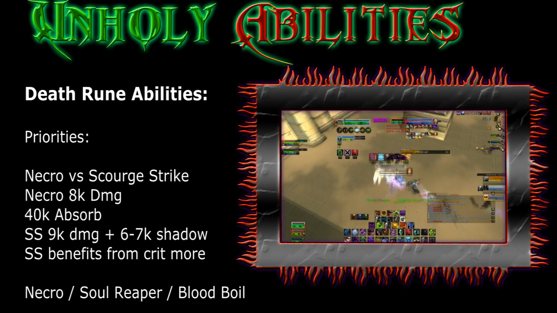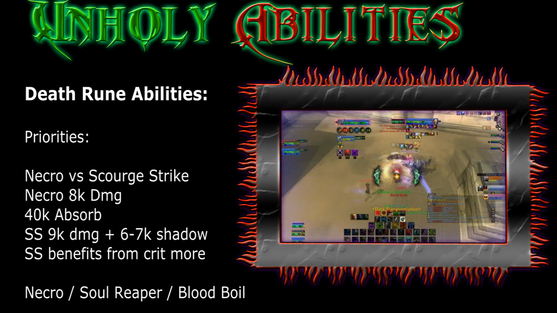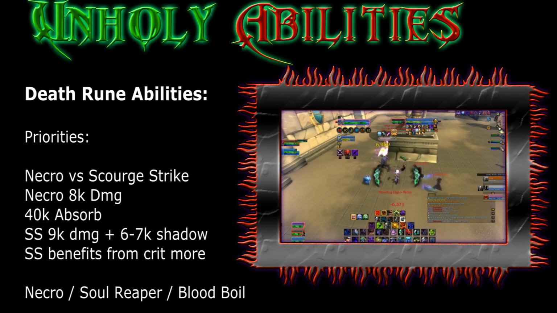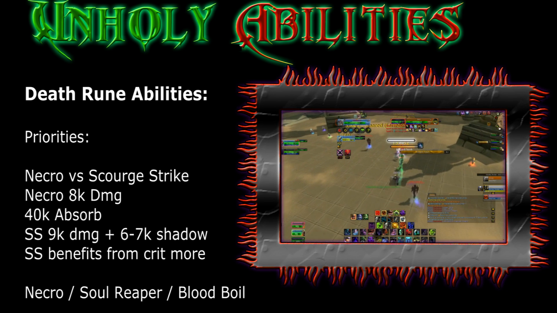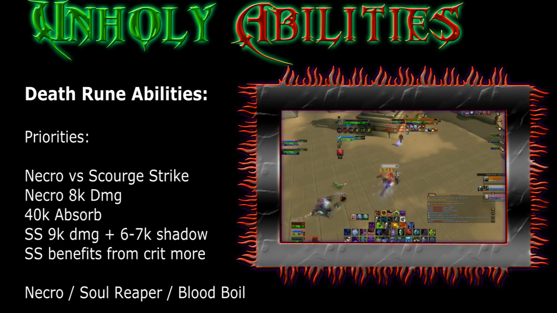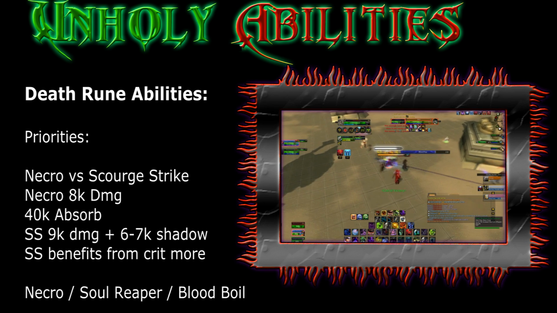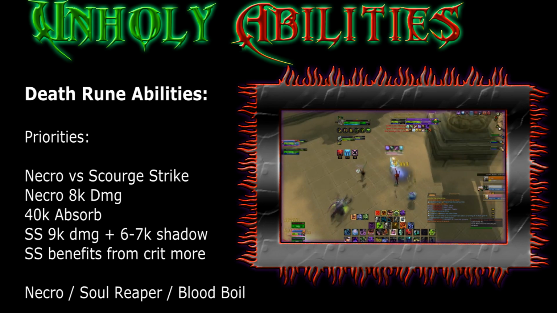But other than that, let's look at the other priorities for Death Runes that you can actually use. So I think that overall they are spread a little bit evenly. Necrotics are the best thing possible for Death Runes, and that is 100% true. But sometimes if you cannot put a Soul Reaper using your Unholy Rune and your killer is CC'd for more